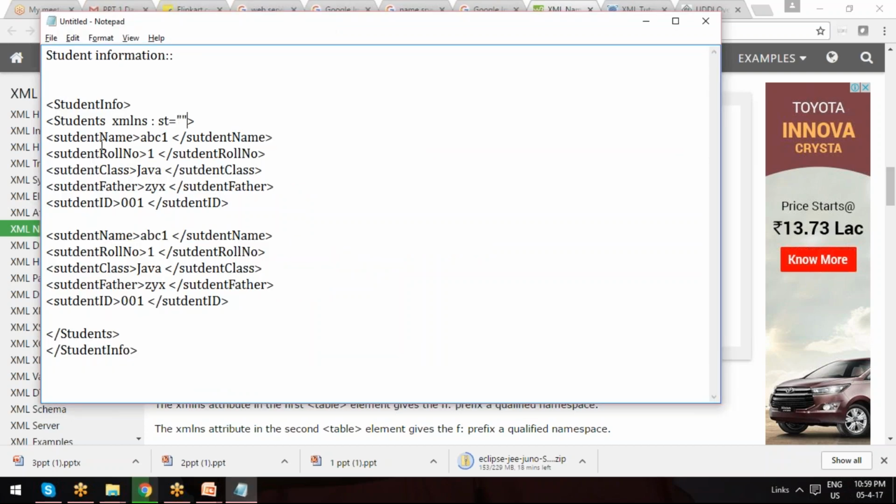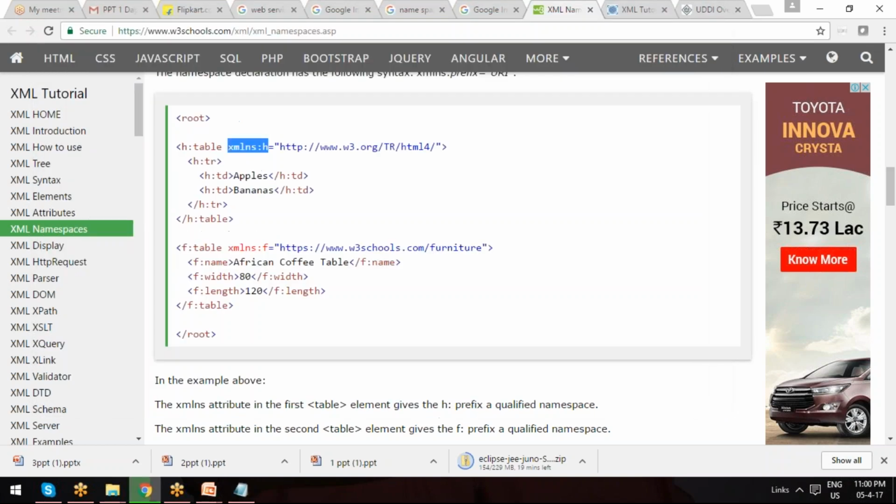Within that it is a student. So the name is just for making a short name for defining the value, exactly. So from the next tag where it is repeating here,